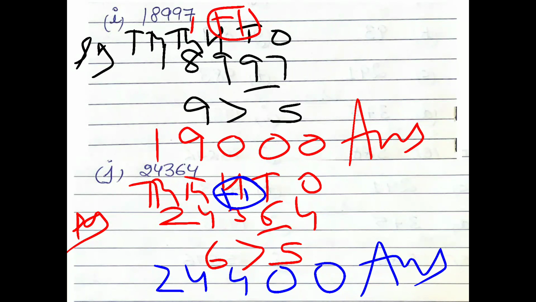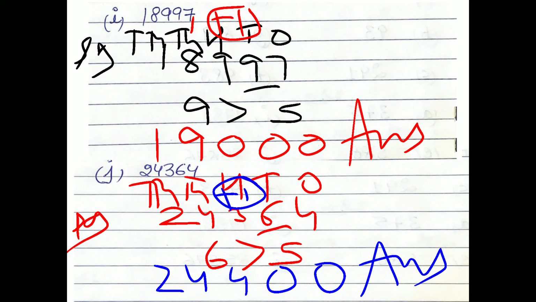Clear, students? So students, today you learned how to round off numbers to the nearest 100. In nearest 100, you have to see the tens place number. If it is less than 5, then you will not add any number on the hundreds place, and till the hundreds place numbers will come as it is, and after the hundreds place the tens place and ones place become 0. And if the number on the tens place is equal to 5 or greater than 5, then you add 1 on the hundreds place and replace the tens place and ones digit by 0.